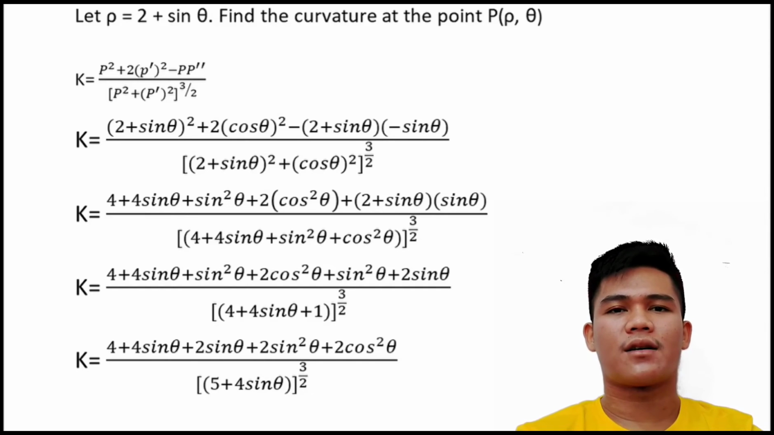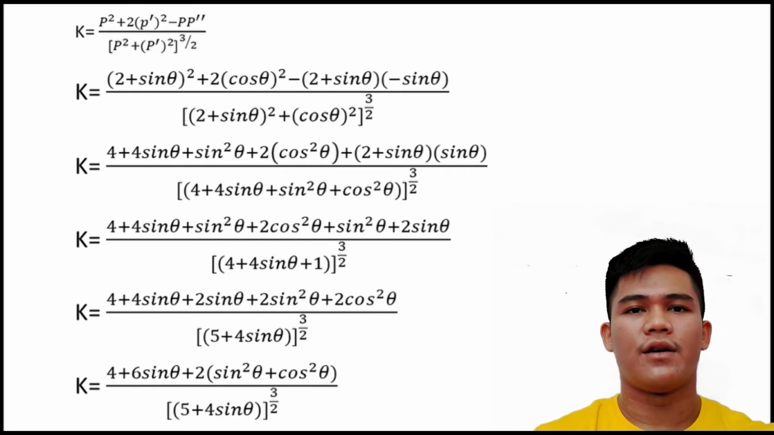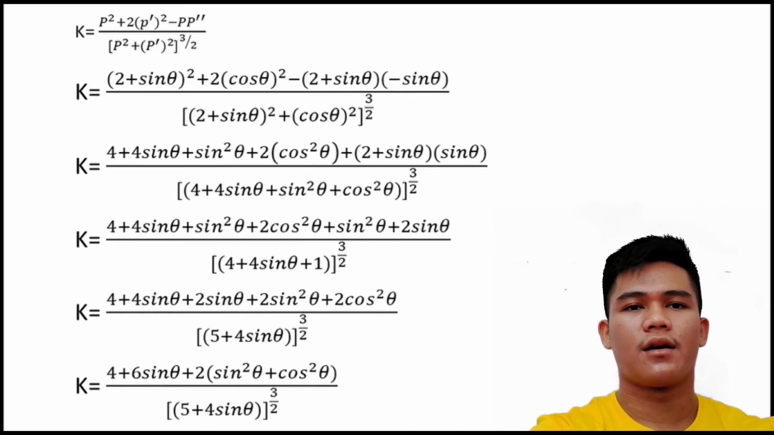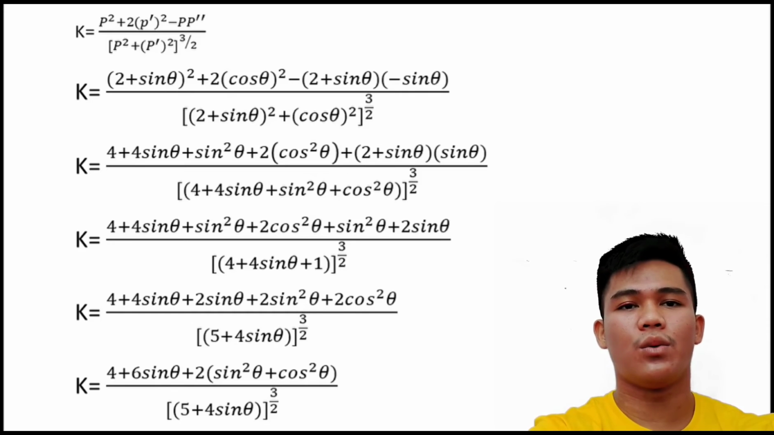Okay, so 4 plus sine theta plus 2 sine theta plus 2 sine squared theta plus 2 cosine squared theta. So the result of this is we have 4 plus 6 sine theta plus 2